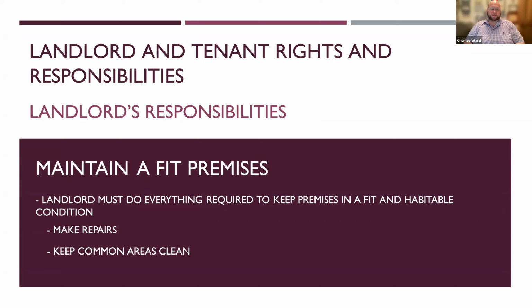Need to make sure that there's access to electricity. Need to make sure that there's access to running hot and cold water. Doesn't mean the landlord has to pay the utility bills on those things, but the landlord does have a responsibility to make sure that the tenant has a way to access those essential services. Also covers appliances that came with the apartment, or that would be normally understood to come with a housing unit. So the toilets, for instance, or if the unit comes with a stovetop, that usually can be considered a required appliance.